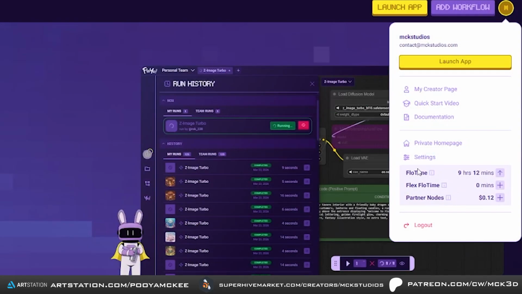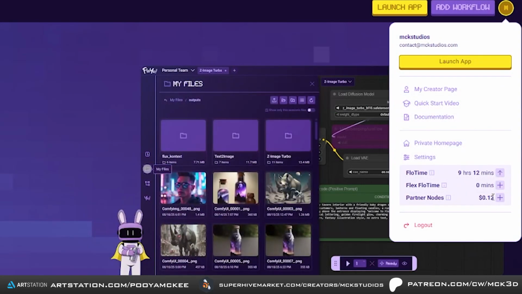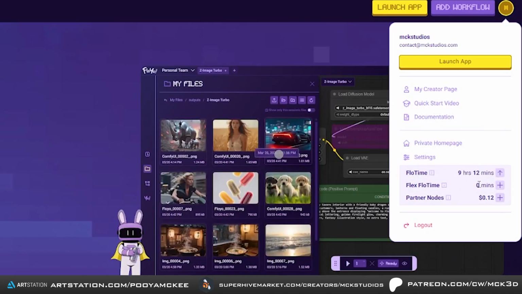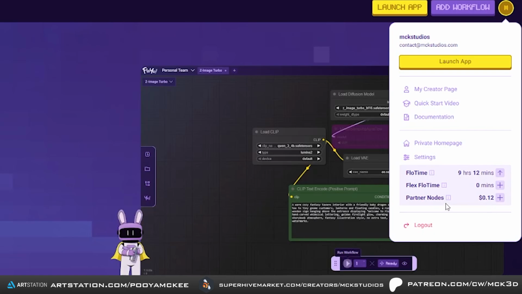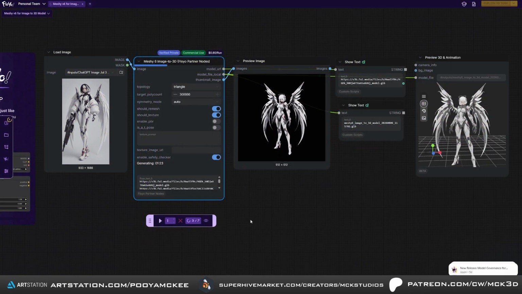If a workflow includes one of those nodes, you may use Flowtime for the Floyo GPU processing and also pay the partner node's per run cost when that node executes. If there is no partner node in the graph, the workflow uses Flowtime only. I like that the cost is visible directly on the node, but you should always check it before starting a